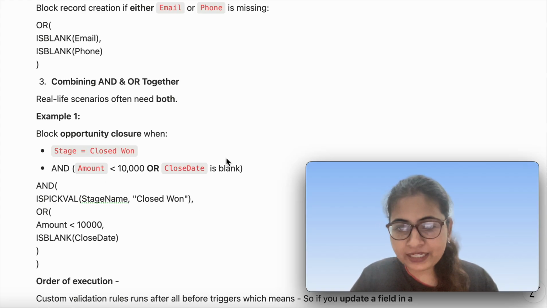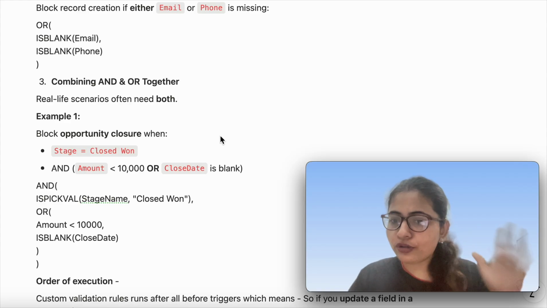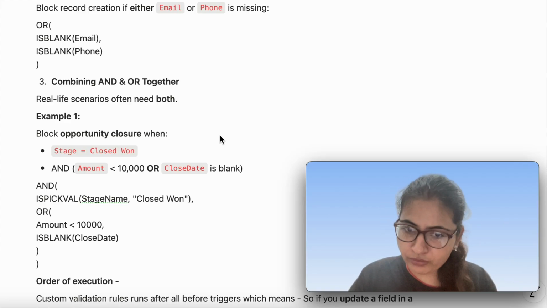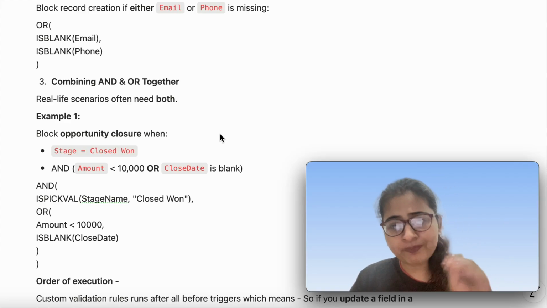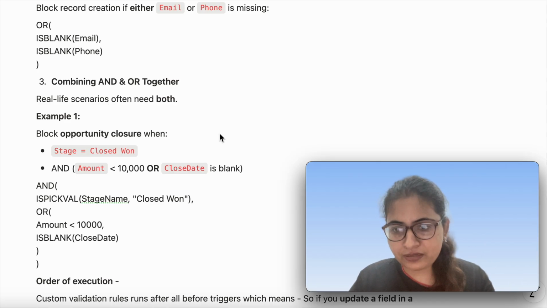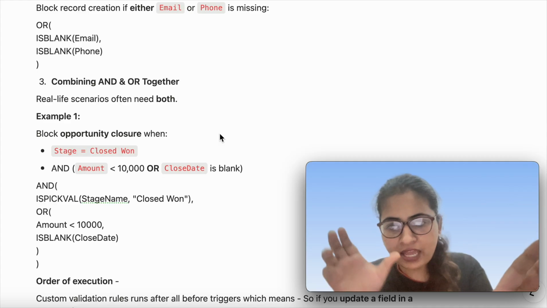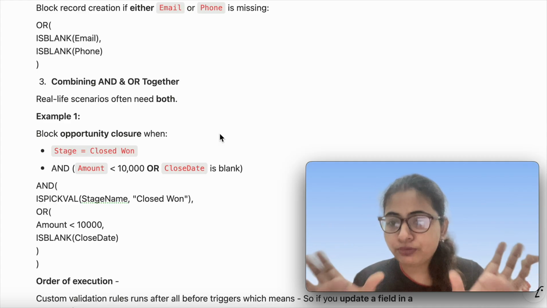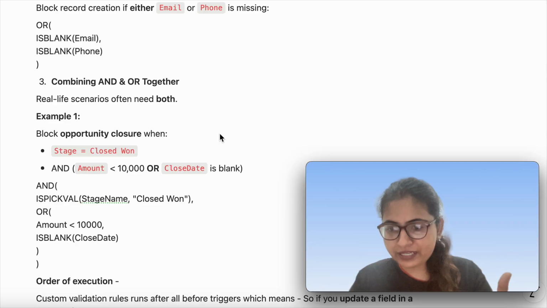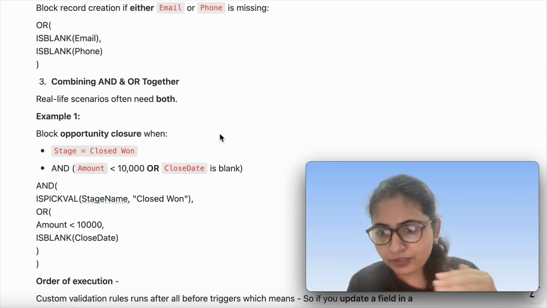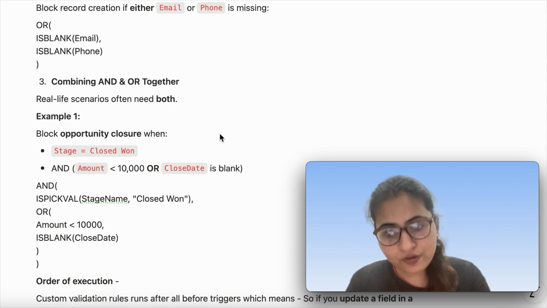Then within the second condition, if either of them is true, I want to show the error, even if the amount is less, or even if the close date is empty. So for both of them I want to showcase an error. If there was a scenario where my amount and close date together should showcase an error, and if even one of them is not satisfied I don't want to give an error, then I would have used the AND operator here.